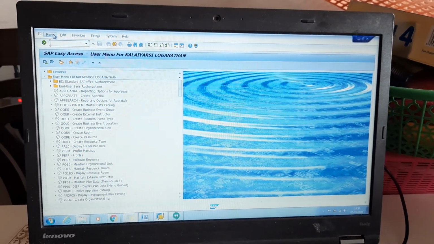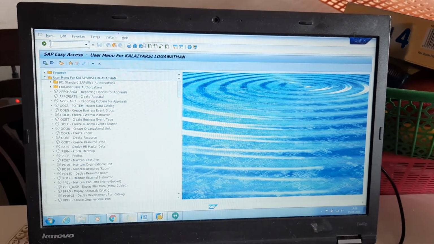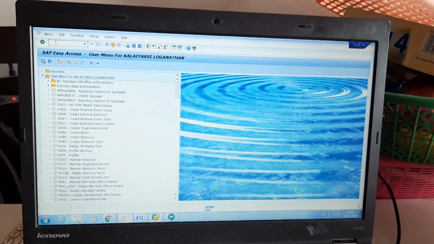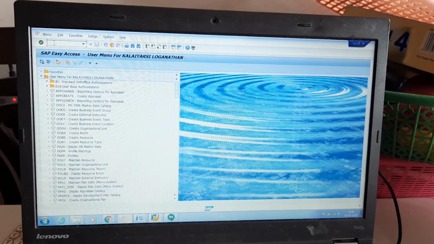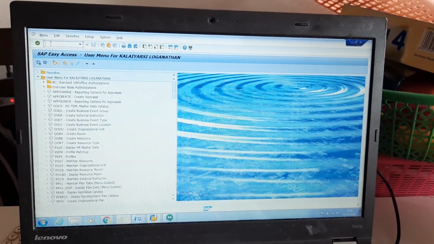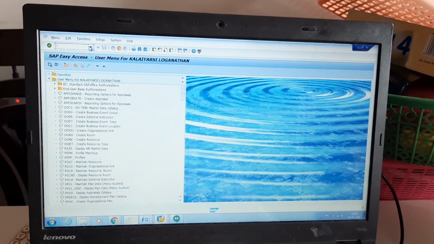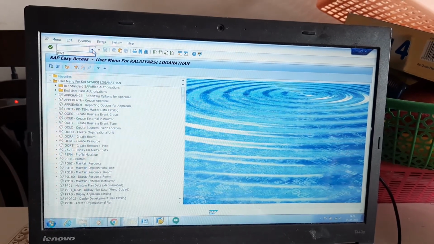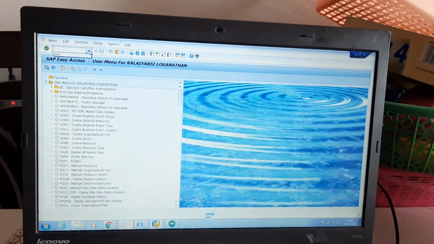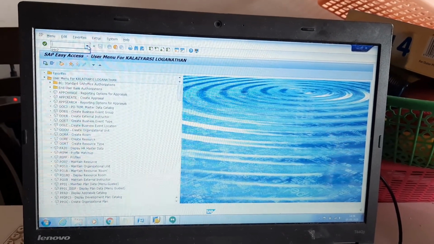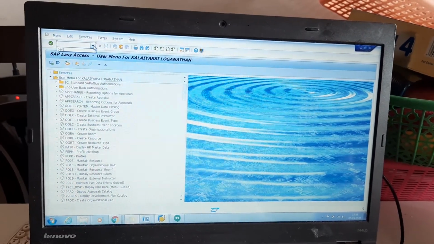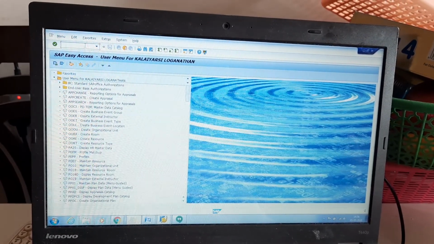First of all, for the topmost menu bar, there is nothing to do with that now. I'll be giving only the simple instructions on what exactly you are going to do in your day-to-day activity for learning and development as part of the SAP attendance entry. Here is the topmost bar, called the task or activity bar, where you will be entering the transaction code. Any activity in SAP should be entered through a transaction code. So to get into a transaction code, you have to key in over here. This is the key bar.